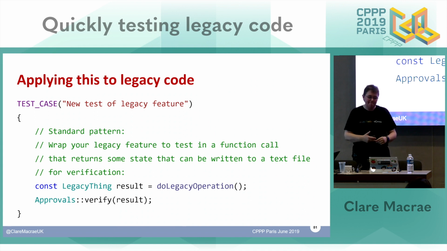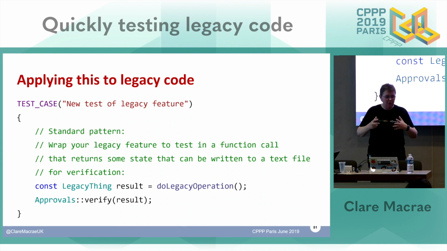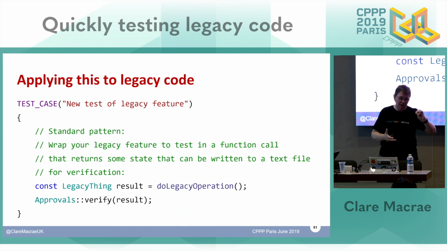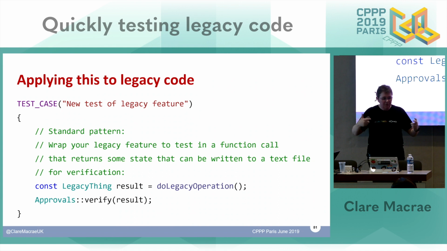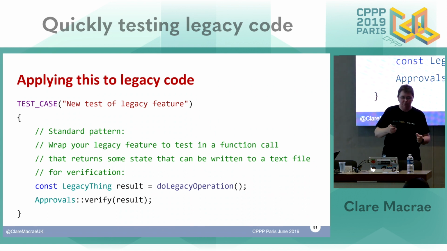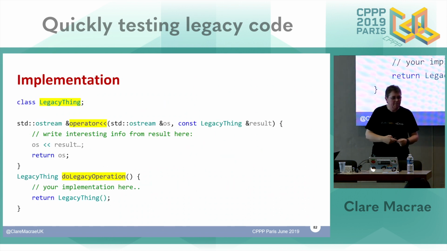And it took me a while to work out that it really was worthwhile hiding all of that setup that I understood, because in that case I understood the code I was testing, behind that simple method that returns a thing that you can verify. Because at that point then it becomes really easy to use these approval tests with lots of different types of data. So then you end up with a sort of reusable framework, small bit of reusable framework for the thing that you're working on.